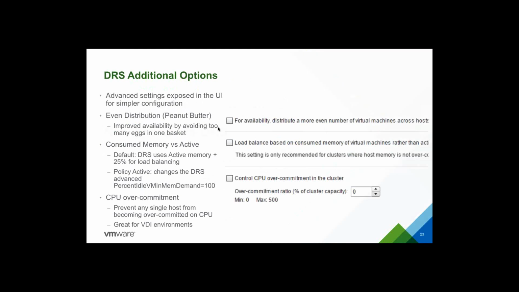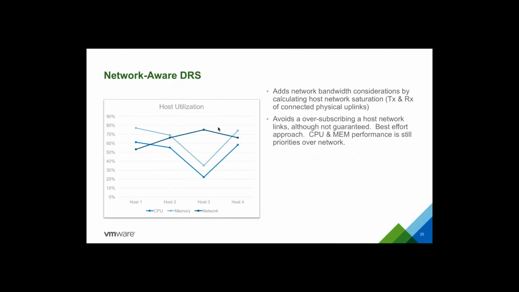And then finally, we have the network-aware DRS. And so this is a little different than network DRS. It's not going to rebalance hosts within a cluster simply based on network load. Instead, we're still going to base everything on CPU and memory load as far as the compute resources. However, we are going to make one more additional check for DRS to do before it places a virtual machine on another host. And it's going to then look now at the utilization rate of the physical NICs on each